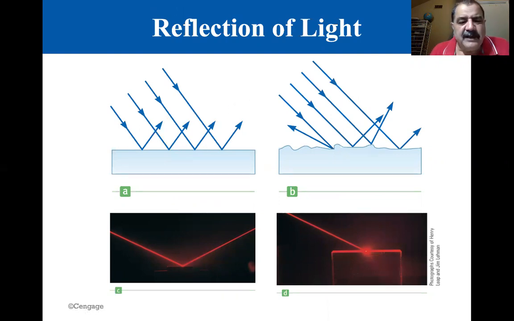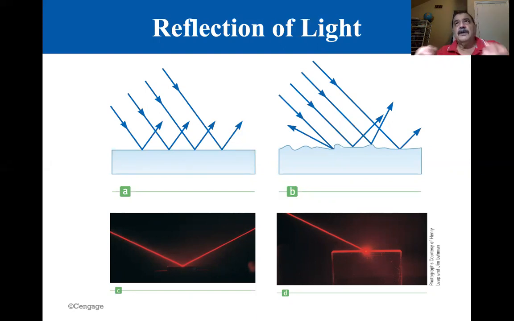This is specular reflection, and it shows it in the red image down here. Specular reflection, where you have a nice smooth surface, everything gets reflected, and you can get a mirror image of the light coming from the far field. On the right in B is what we call diffuse reflection, where the surface is kind of rough, and so the light goes in all sorts of directions. And if you have a rough desktop,